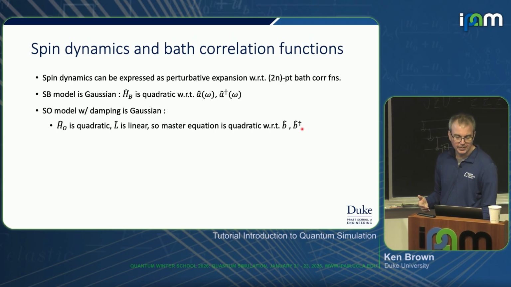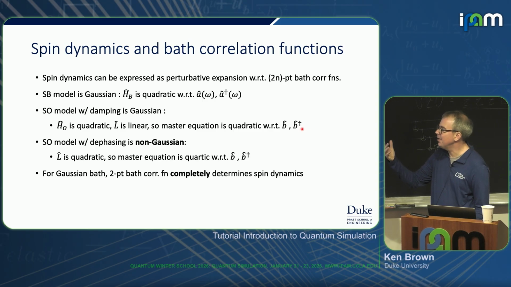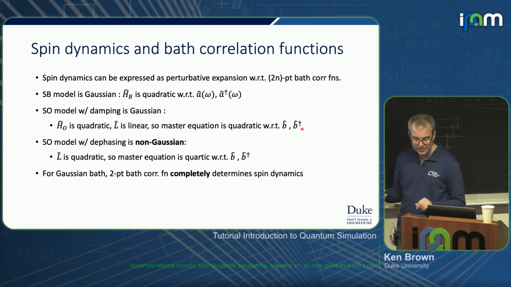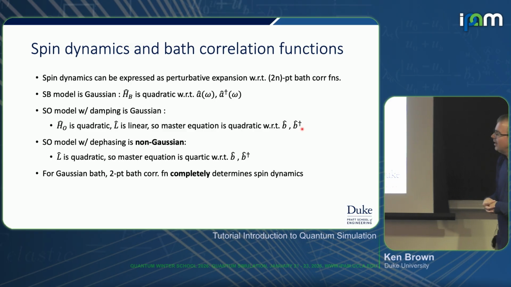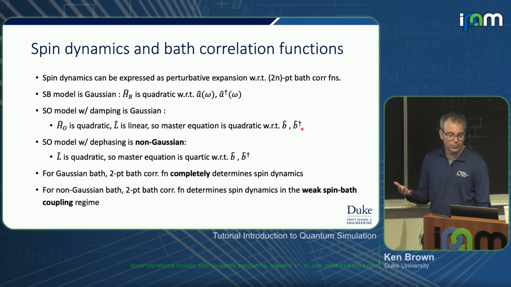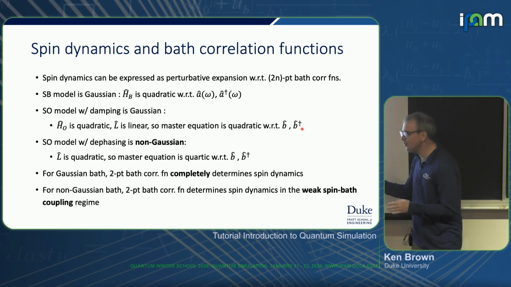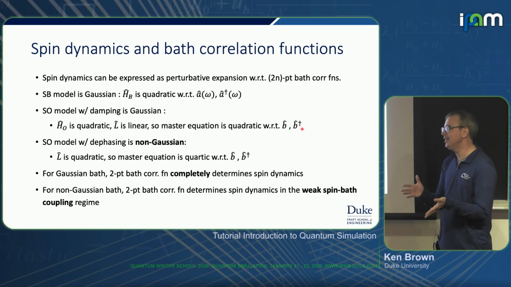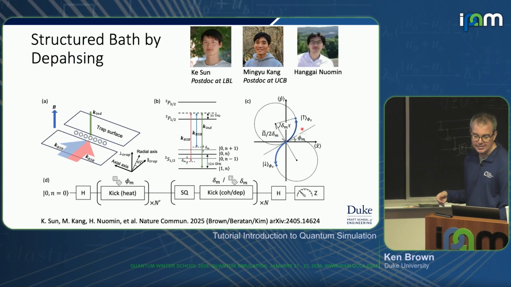So again, this is just saying the same thing. Everything's quadratic. Dephasing in this context is non-Gaussian because the Lindblad operators end up being quadratic in these oscillator operators. And as a result, we need to worry about these higher order correlators. But you could say, well, I don't have to worry about higher order correlators if I'm in the weak spin bath model. That's fine. So we did this with,